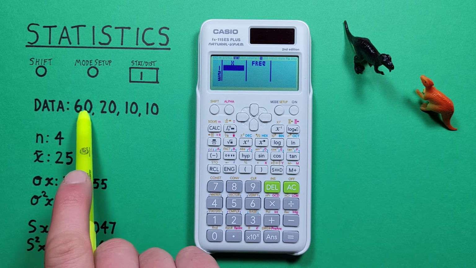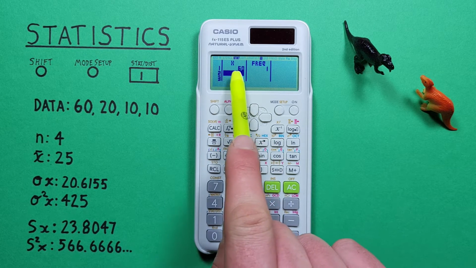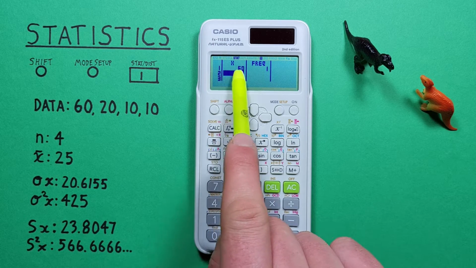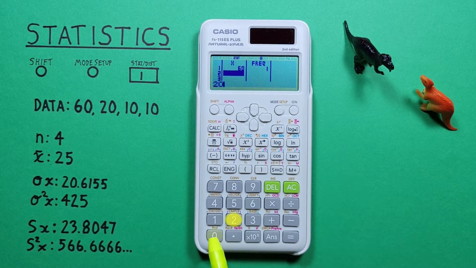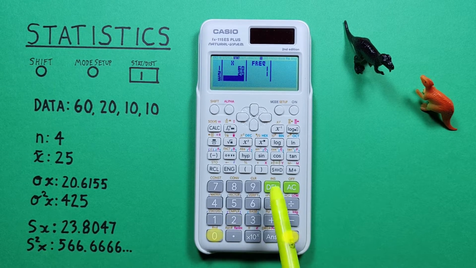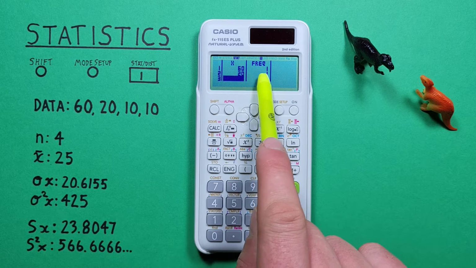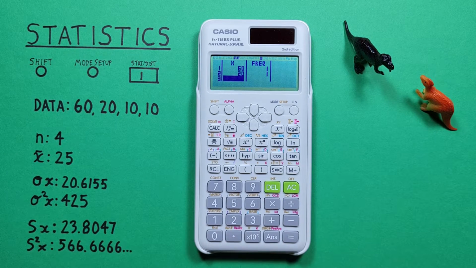So we'll start with 60, and press equals. We now see a frequency of 1 here, meaning there's 60 in our data set. Next we enter 20, and press equals. Again, we get a 1 in the frequency column, letting us know there's 20 in our data set, which is correct. Then 10